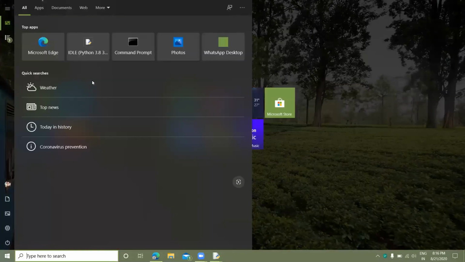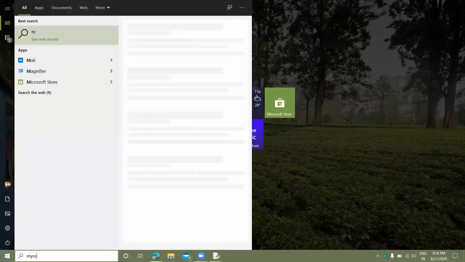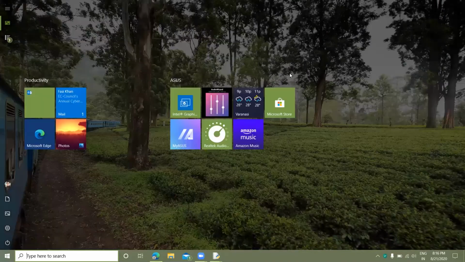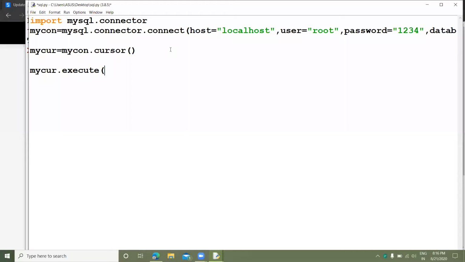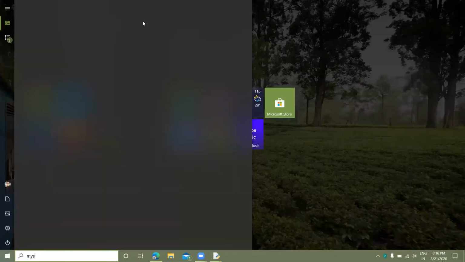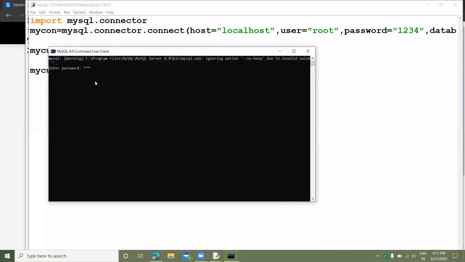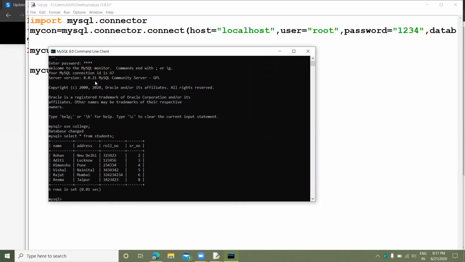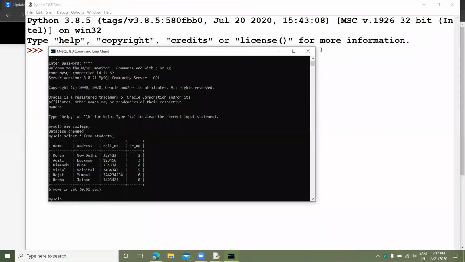So now I will open the MySQL command line, enter the 1234 password, use college, select star from students. Now I want to change Rohan where the name is Rohit. So let's see how to change it.